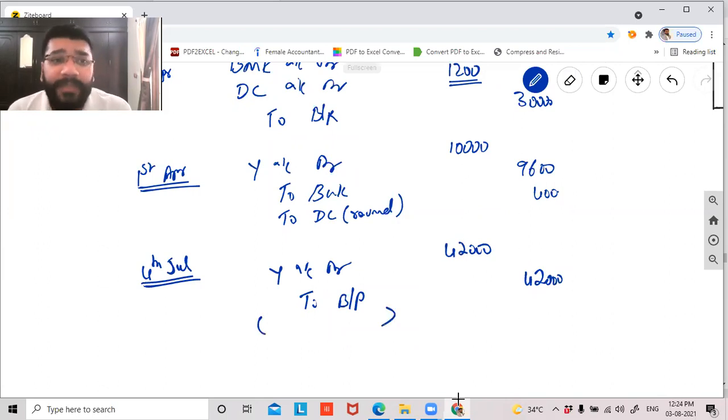Does it mean that? Yes or no? X has given acceptance of 42,000 to Y without enjoying that money. On the due date, X is supposed to make this payment to the banker, Axis Bank, because Y got this bill discounted from Axis Bank, 41,000 odd rupees. So now what will be the liability, guys?